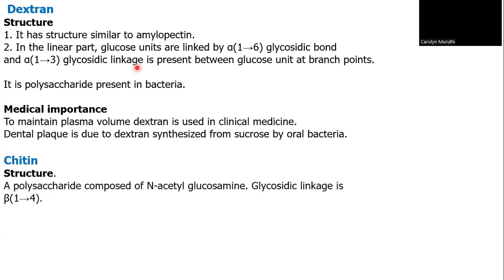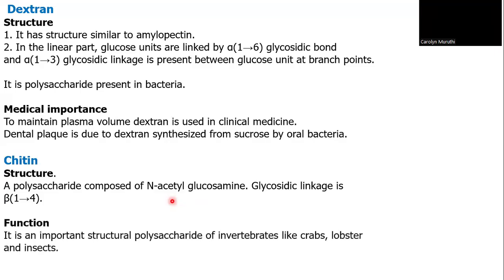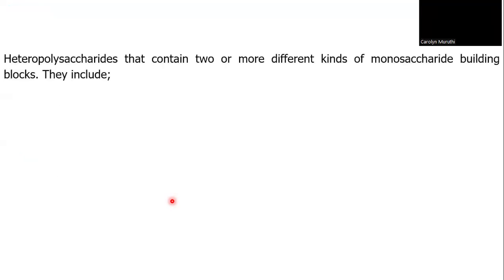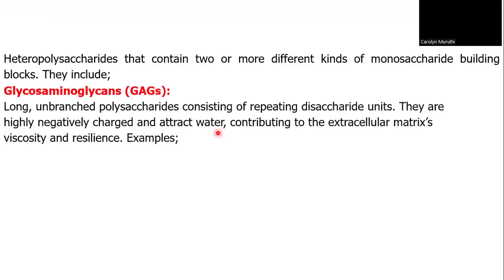Chitin is also a homopolysaccharide, which is composed of N-acetyl glucosamine as monomers. The glycosidic linkage found between the N-acetyl glucosamine units is beta-1,4 linkage. Chitin is very important as a structural polysaccharide found in invertebrates, including crabs, lobsters, and also insects. Now, looking at heteropolysaccharides, we said that they contain two or more different kinds of monosaccharide building blocks. Examples include the